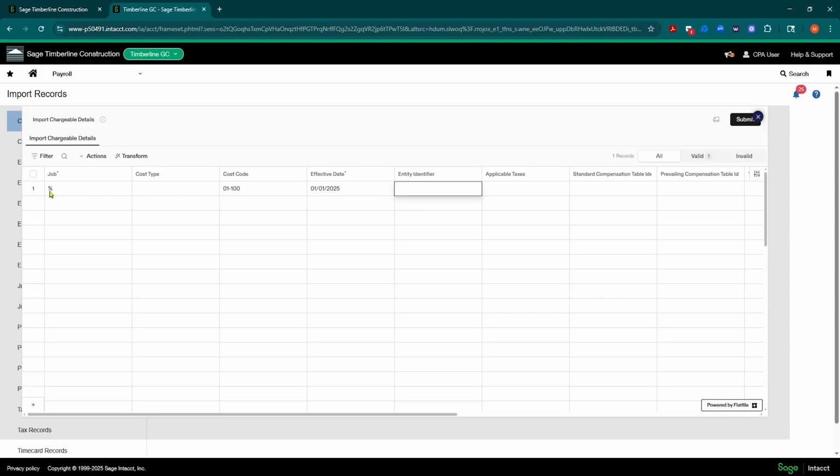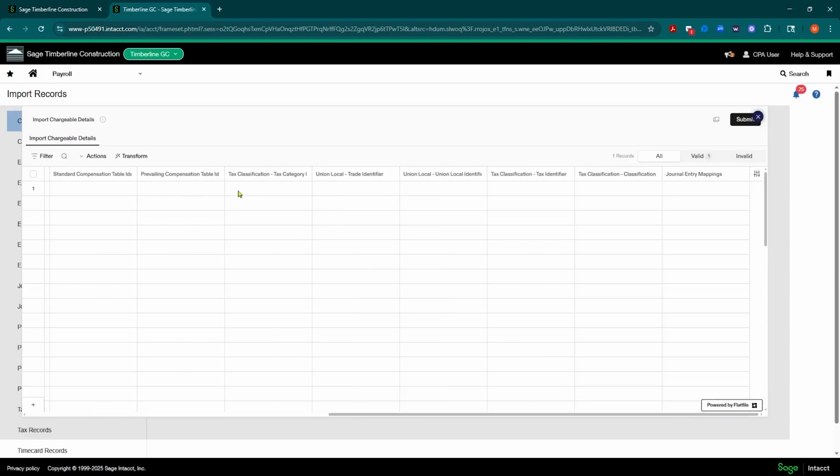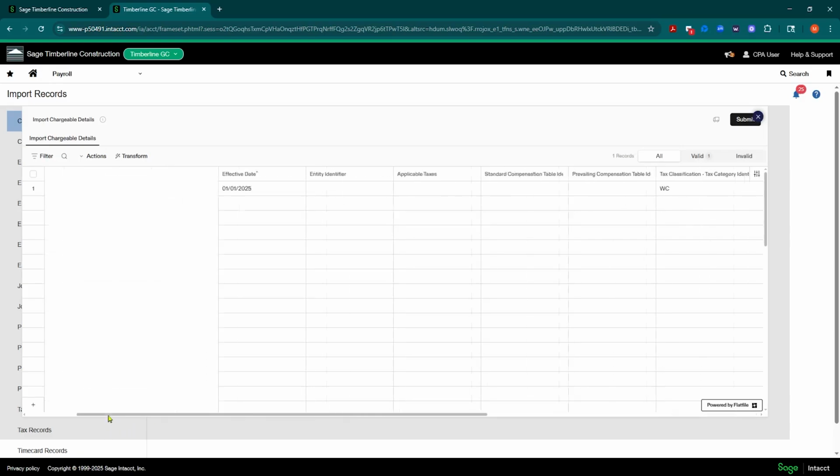Basically, we want to say whenever it's any job, this cost code, we want to come over to here and say for the tax classification for the category, anything that has a WC on it. Did I do that right? Let me just make sure that field, yep, tax category identifier. We want to use, now it says, well, then you need a code. We want to use the workers' comp code 4556. Okay. And you can even do this with journal entry mappings too. And then you would keep going here. So maybe you have another code and you want to keep going here. When I say submit,